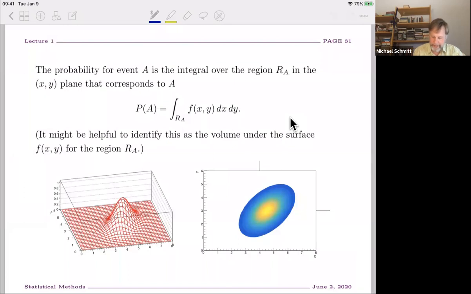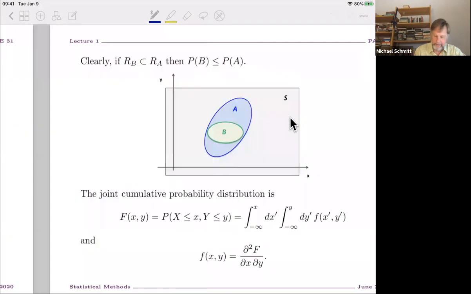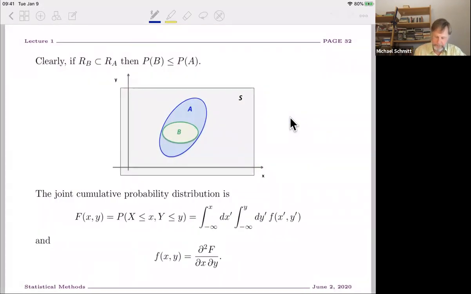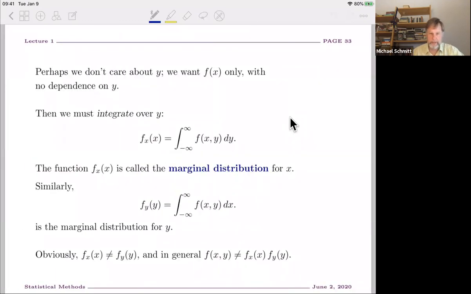So if we now pick out part of this xy plane and call that event A, and then integrate over A, we have the probability of A. That would in some sense be the volume under some patch that I choose here to be event A. What's the volume? The volume of the whole thing is unity. What's the volume of the patch that I'm calling A? And that would be then the probability of getting A, okay? This is just another picture of the same thing. Let me move on. Okay, so having now established that we can work with two-dimensional PDFs,